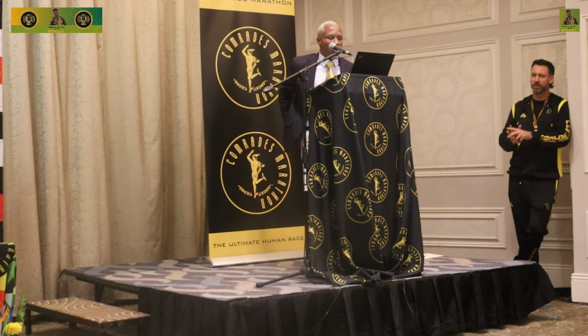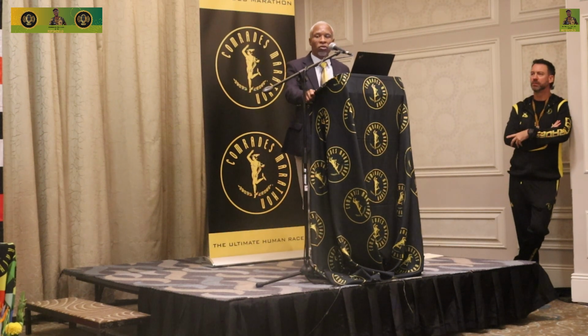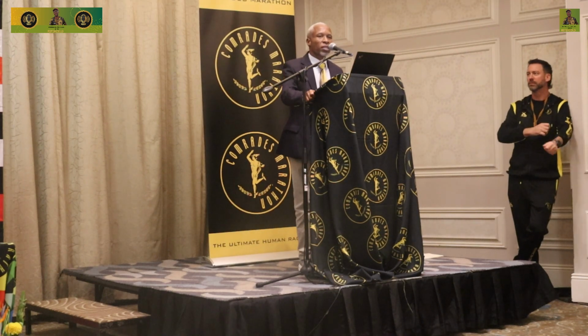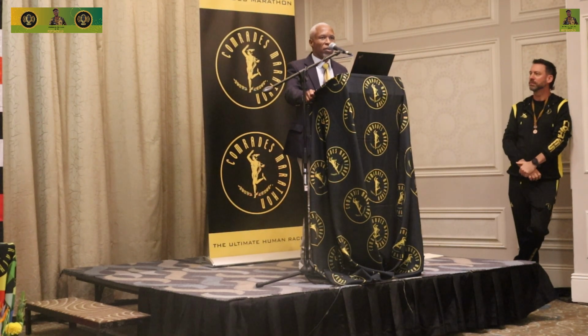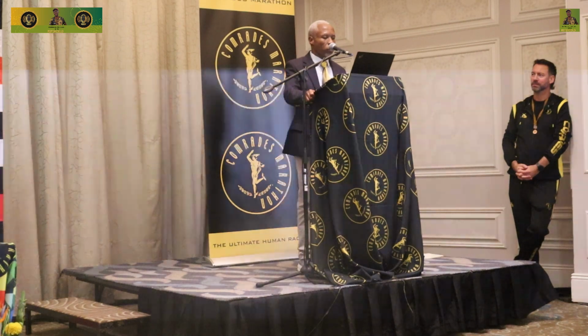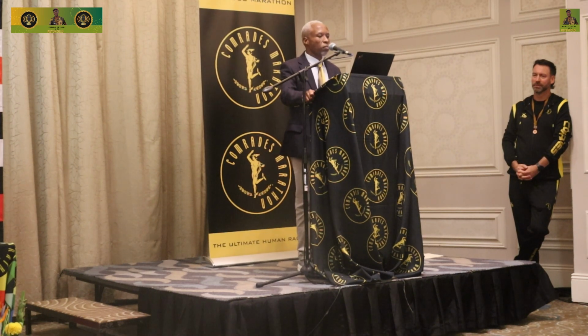Brigadier Saunders and Colonel Zungu from Durban Metro, Colin Govender of KZN RTI. Ladies and gentlemen, we have an honor of being joined by the General Secretary of the IAU, Dr. Hilary Walker. We are very honored to have you, and I hope that you will observe and give us 10 out of 10 in terms of our technical setup and everything, as we try to build up to 2027. To have someone of your caliber is really an honor for us and a privilege, and it's happy days for Comrades. Our legend and board member Ubaba William Tolo, former chairpersons if they are here, and other board members present,